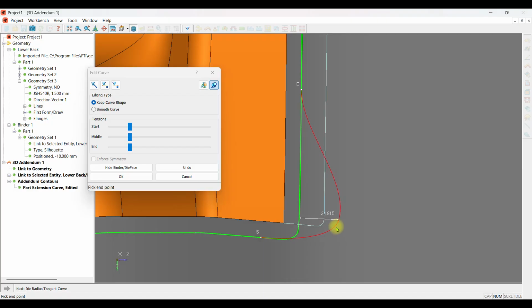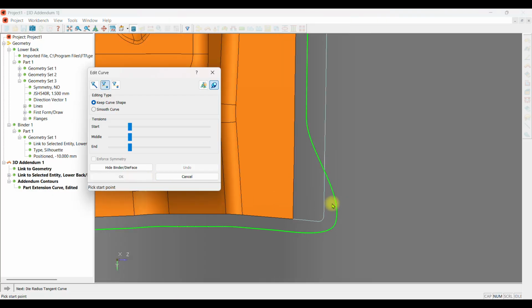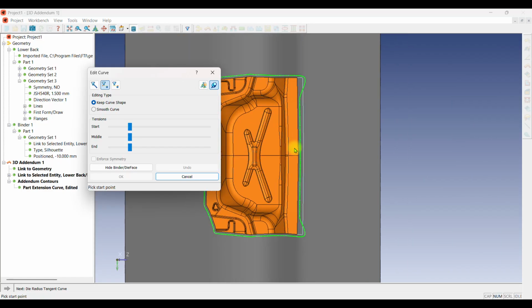So make sure it has approximately, right, this is 10 millimeters. By my view this is approximately 10 millimeters, and then I can click OK. So now we have two in here, and now as the third step to edit in here,